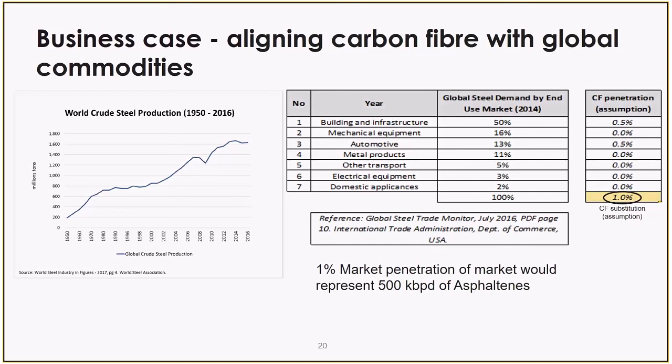And this isn't diluted like concrete was in a percentage of weight. So this calculation, if we just had 1% market penetration of the steel market with carbon fiber, that could represent 500,000 barrels a day of asphaltenes by 2030. Just 1%. And as I mentioned again, and I want to reinforce the point, that's 20% of the bitumen required. So 5 times 500, 2.5 million barrels of bitumen. You can start to see 1% starts to take an awful lot of asphaltenes out of this equation.